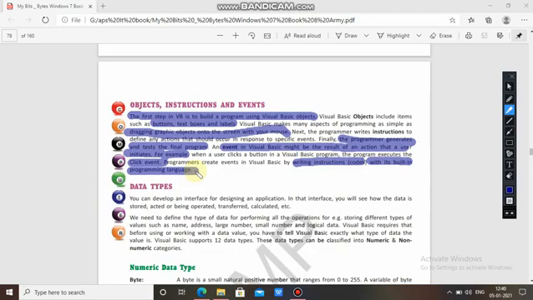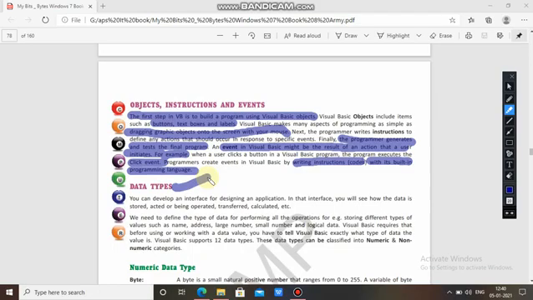Now next, data type. A very important point. The name itself says which type of data. You can develop an interface for designing an application. In that interface, you will see how the data is stored, operated, transferred, and calculated.